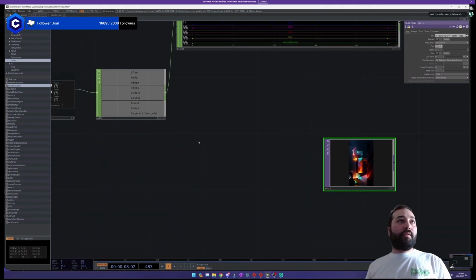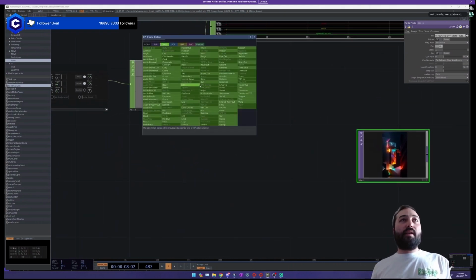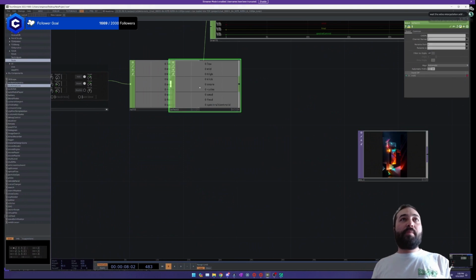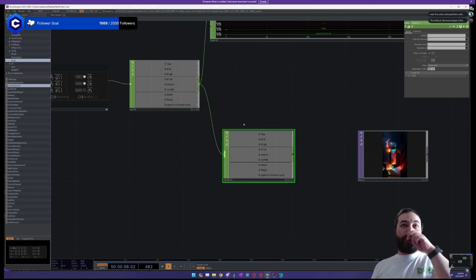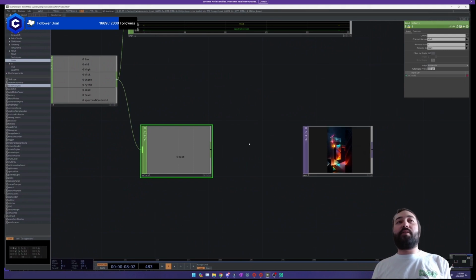To do that, we're going to make a select CHOP. This is going to select a certain channel out of these channels. We have low, mid, high, kick, snare. All we want is the kick. So I'm going to click here, click kick, or I could have typed in kick right here. Then I'm going to rename it to just beat because that way it's going to be easier when I copy it later. So now you'll see this is just getting the kick channel.